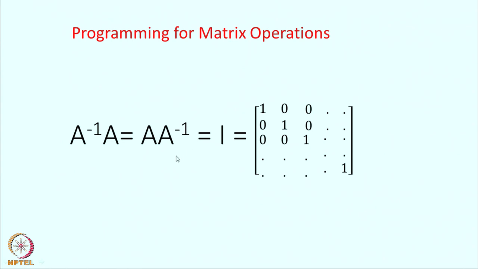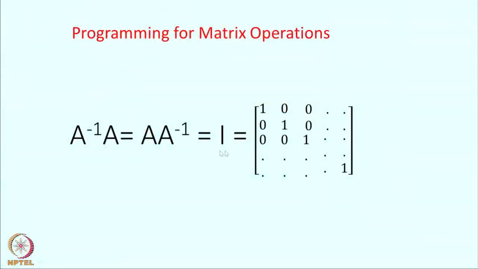What is the meaning of that? The product of two matrices A and B, A B, is not equal to B into A. So, verify this by taking any two simple 2 by 2 matrices. In general they will not commute, that is, the product depends on the order of multiplication. But if one of the matrices is I, then there is no problem, because the identity matrix commutes with all the matrices.